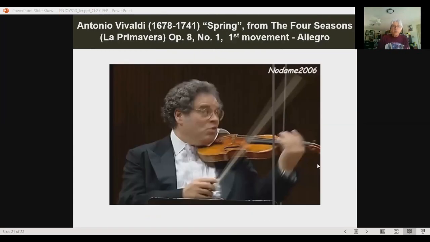Okay, I think this performance, and incidentally, we're going to see Itzhak Perlman, who was in El Paso just a short while ago, right? And some of you may have seen the concert with him. So here he is, a little bit younger, and he is conducting. Now, this is typical of a concerto where you did not have one conductor, but the soloist would be the conductor, and so he is. And this is the first movement. I'll point out those sections of the birds and the storm, etc. Here we go.